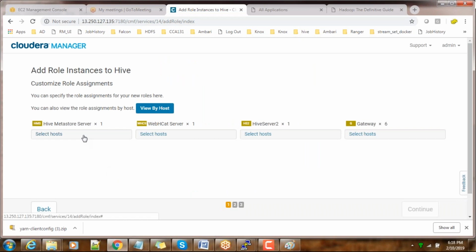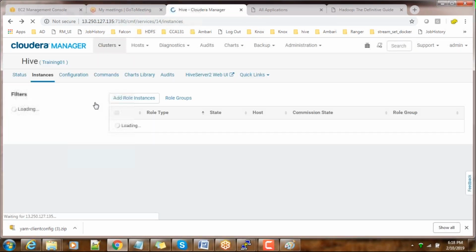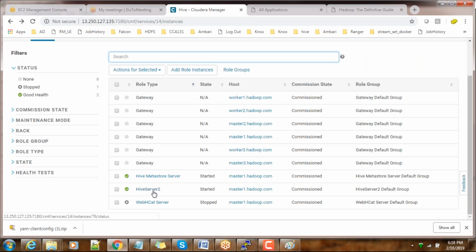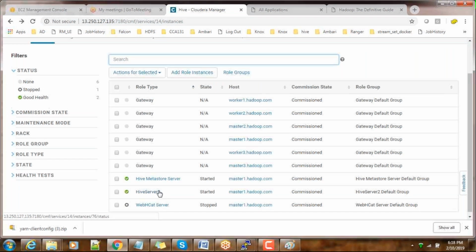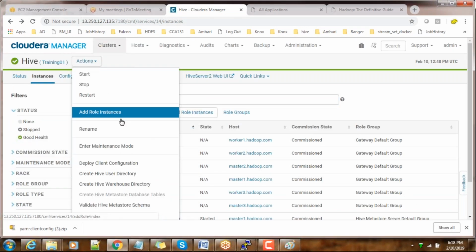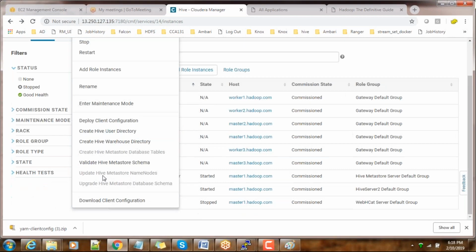So basically, we just need to understand this. We have Hive server and Metastore. WebHCat and Gateway are just clients. Okay, so let me go back here and see. We just need to enable high availability for HiveServer2. So what we have to do is go to the Hive actions, then there is an option like